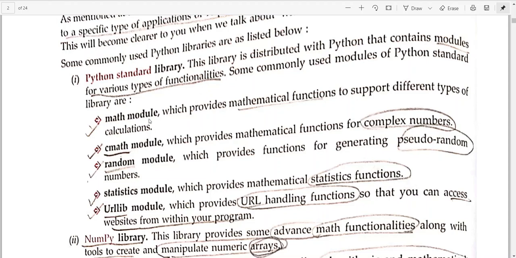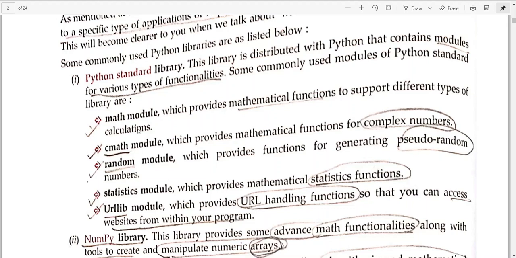First is the math module, then the cmath module, random module, statistics module, and urllib module. We'll be reading a little bit about them one by one. The first module is the math module. This module gives you different types of mathematical functions that support different types of calculations.